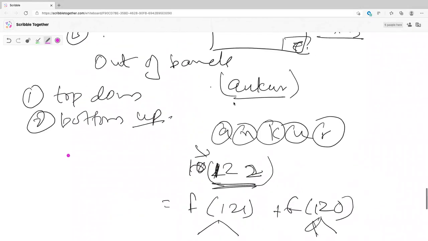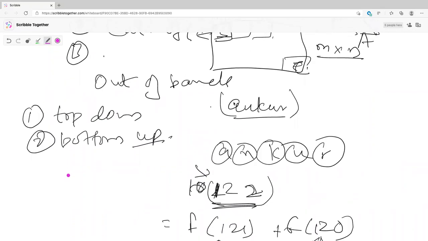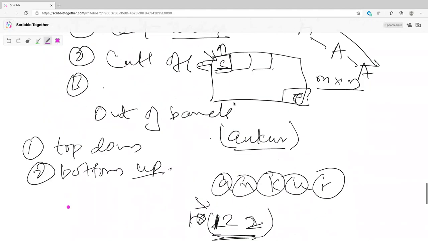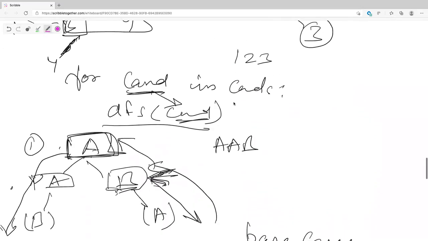So that's why I said there are two, either top down or bottom up. One is you build from empty and go to the higher, or you break up your big problem into smaller solutions. So that was your base case. Now your base case is done here, right? You have generated for candidates and candidates. That's your whole algorithm, right?